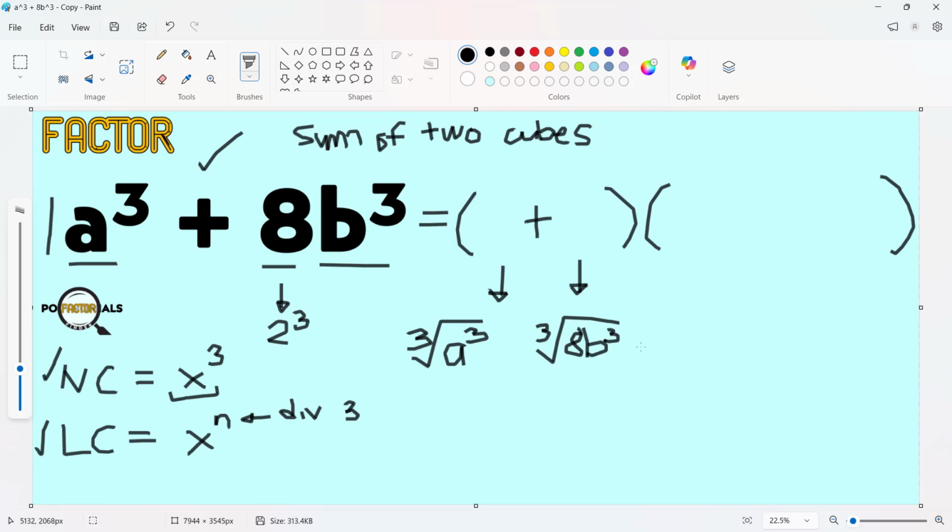Now, some of you might be wondering, as we have this process now, we are actually using radical expressions, which is not yet covered by this topic, if you're talking about this topic as what you're learning right now. But let me introduce this concept. Once you take here the cube root of a literal coefficient with a degree, of course, we have guaranteed already that the exponent is divisible by 3.